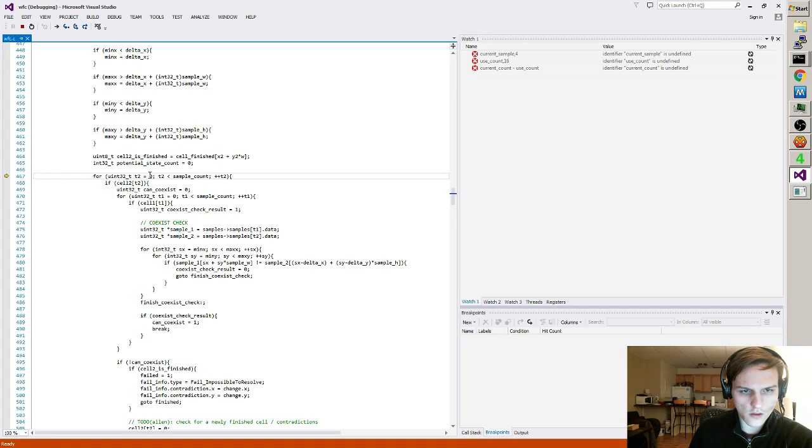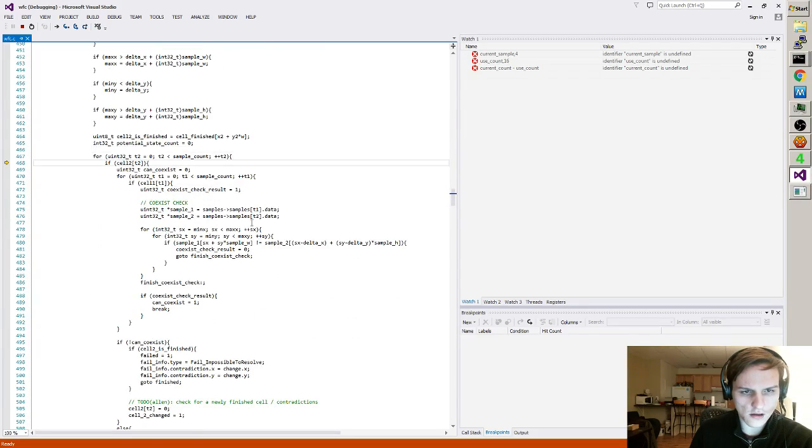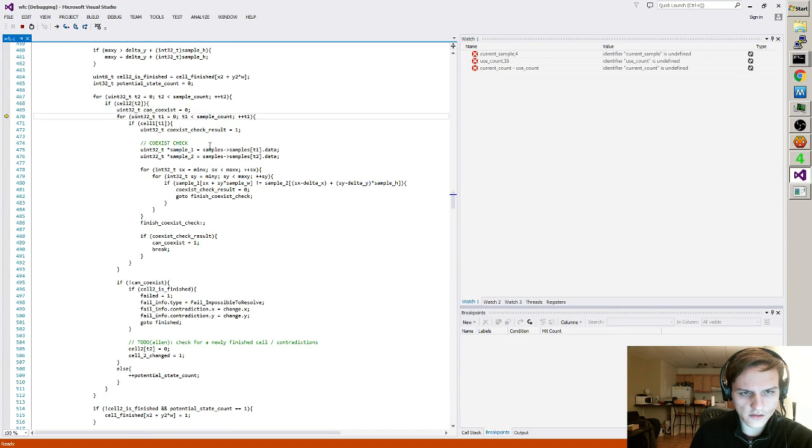And we come in here and we go, okay, well, T2 is the sample for the second cell. If cell 2 still supports that sample, we ask, can that sample coexist with the original? And then we just look for a sample that we can use. You know what I should do for an optimization? Well, in the meantime,